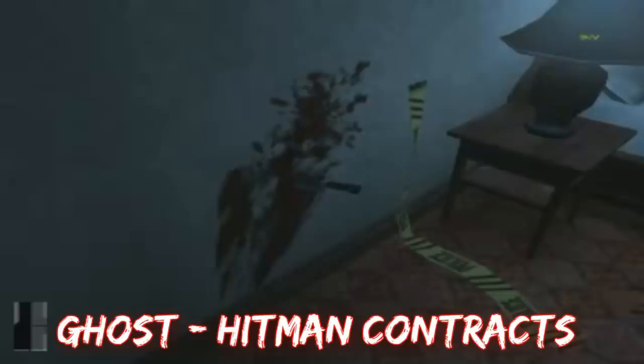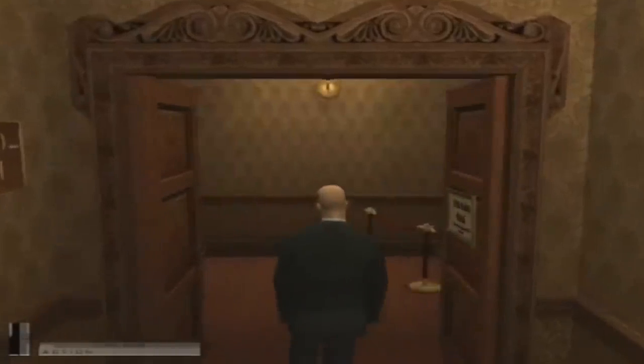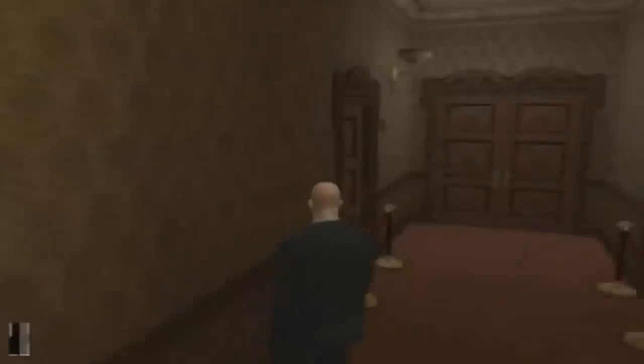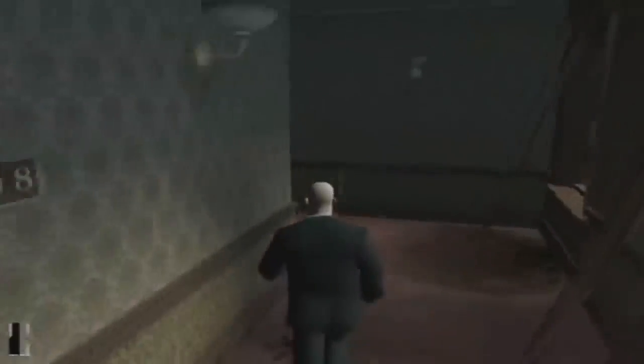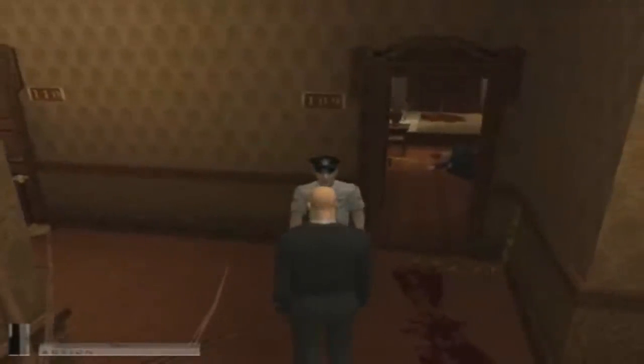Ghost of Hitman Contracts. Already mentioned in our creepy urban game legends list, the ghost of Hitman Contracts appears in the level Traditions of the Trade. If you pick the lock while nobody's looking, you can go into a hidden area of the hotel. If you carry on through a dreary hallway, you'll run into a cop who tells you that there's been a